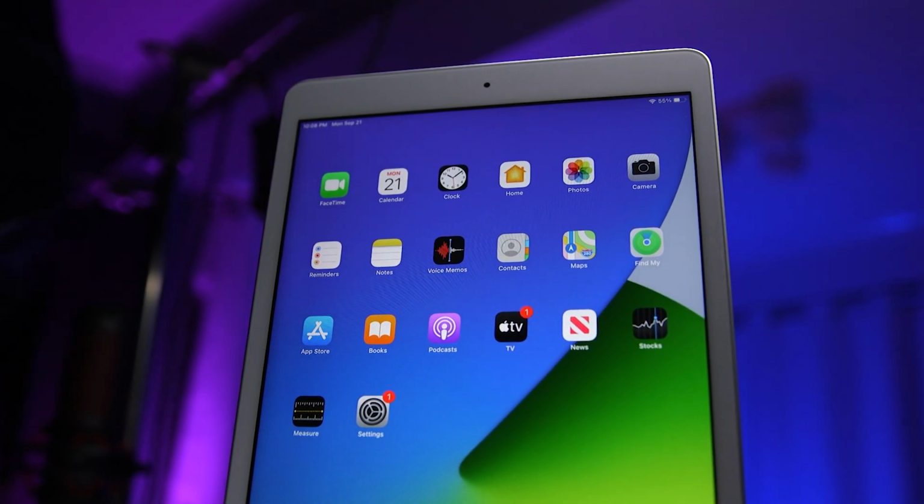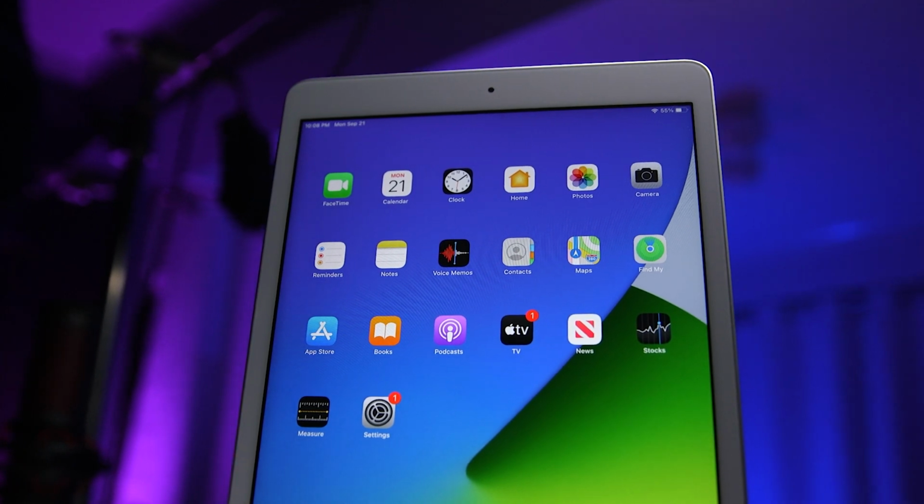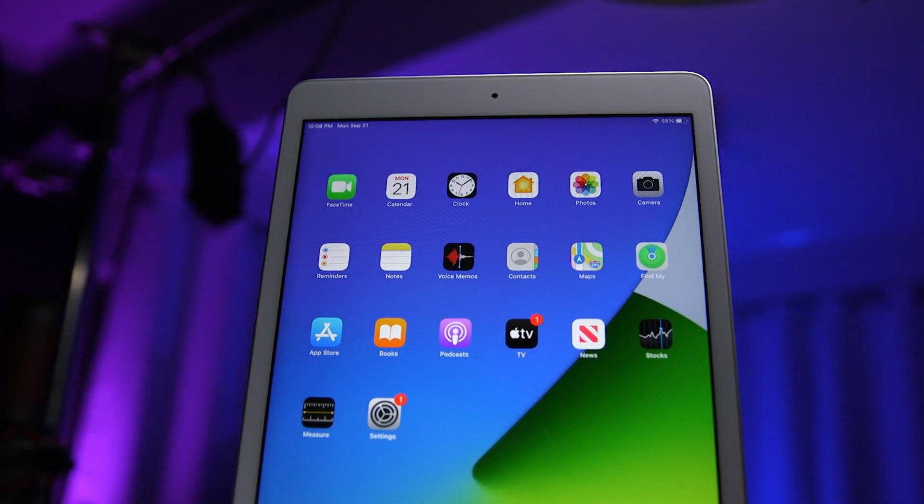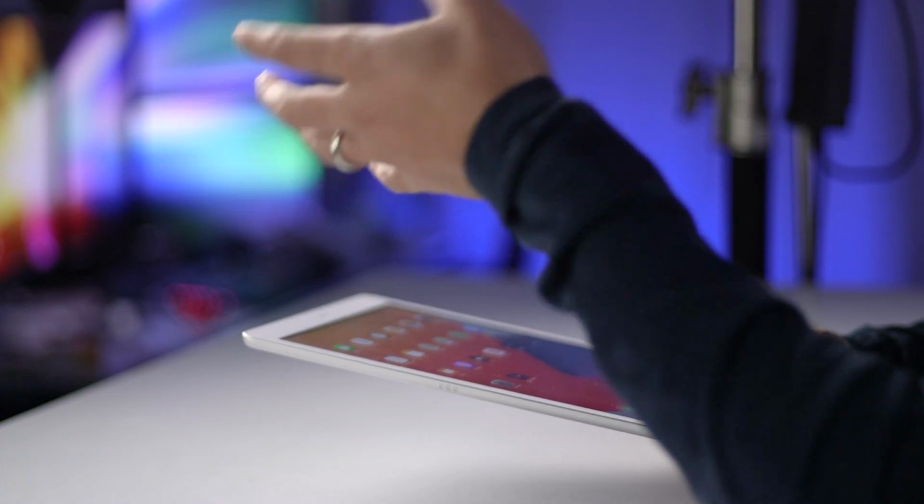All right, so who should get the 32 gig iPad 8 and who should get the 128? If you're a casual user, if you're using it to stream movies and music, if you're using it for school, to take notes, write papers, browse the web, do research, and even play games, you should be fine with the 32 gig model. And still, if you end up shooting a lot of photos or video, it may mean that you need to offload them to a cloud-based solution or to an external hard drive, but that's not a big